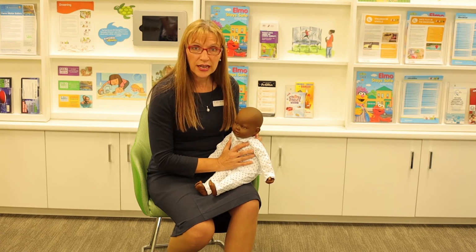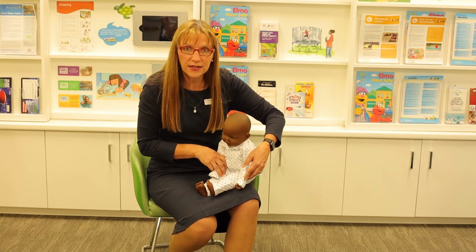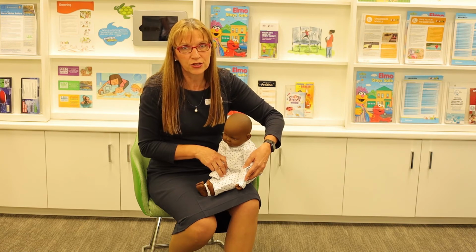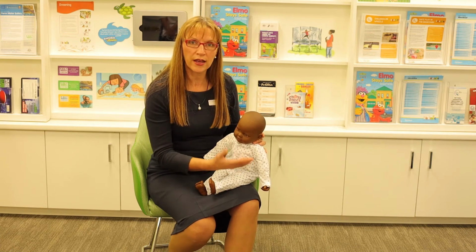If the child's choking, they're usually coughing and often sitting up and forward. They may even splint things so that they can do an effective cough and get maximum force. That's what happens in a partial obstruction. If it's a complete obstruction, they won't be able to cough, and so you're going to try and help imitate